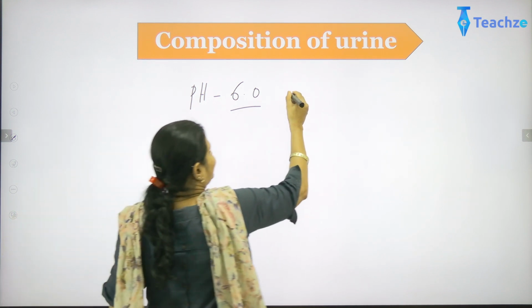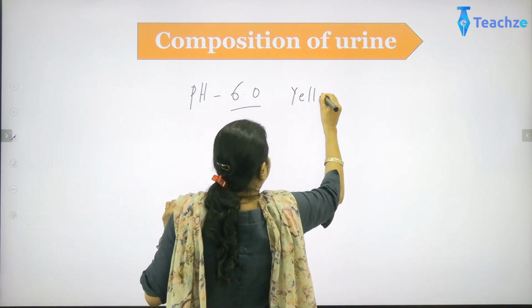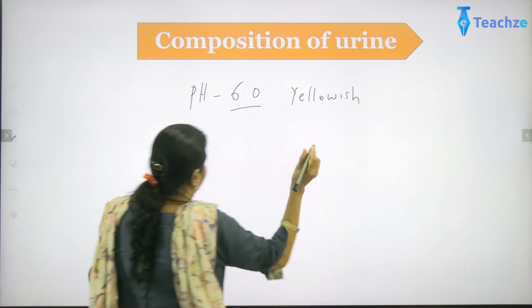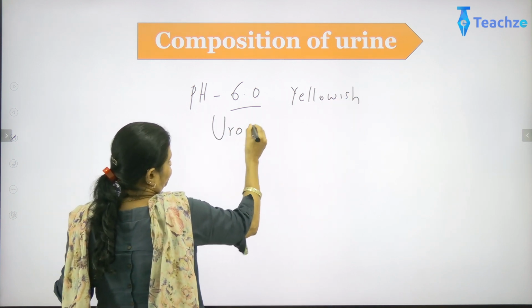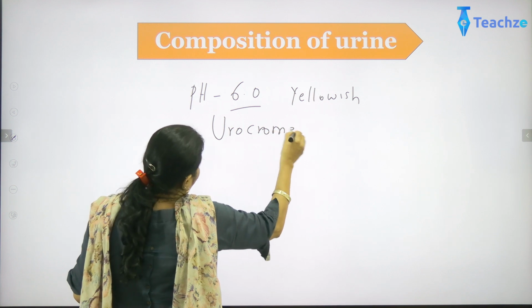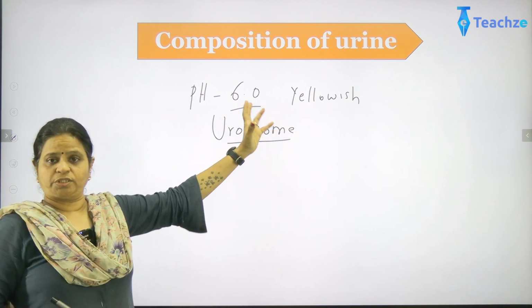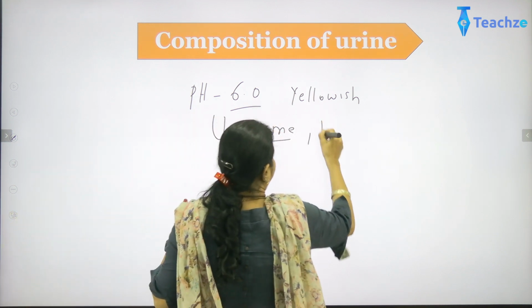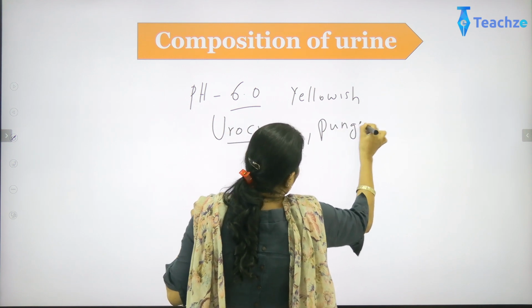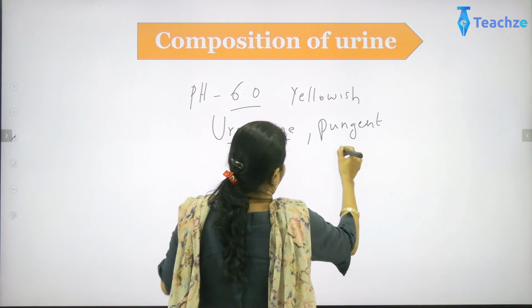Now urine is slightly yellowish in color. It is yellow because of a pigment called urochrome. Now this urochrome gives that yellowish color and it has a pungent odor. So we find urine has a typical odor or a pungent smell,